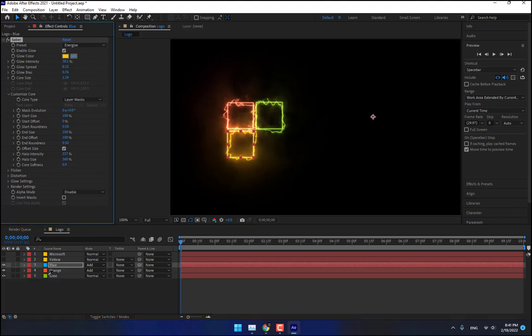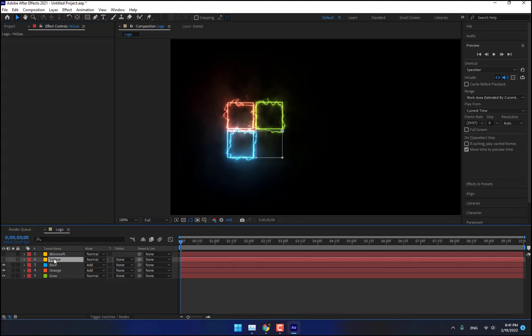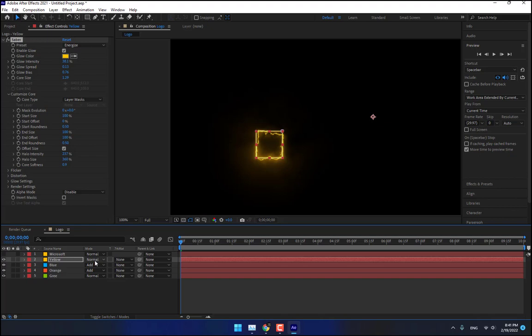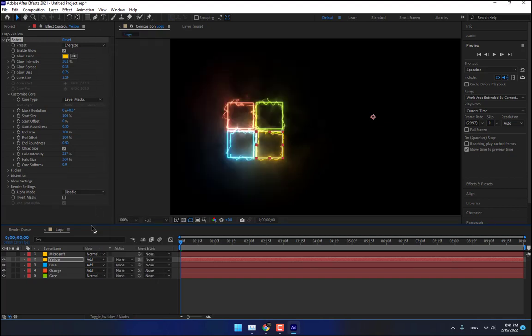color blue, and this is about yellow. Turn on, Ctrl V, paste and go to mode, select add. This one was yellow. Okay,